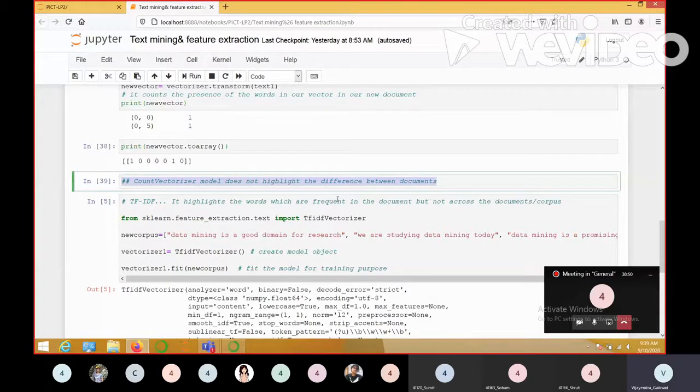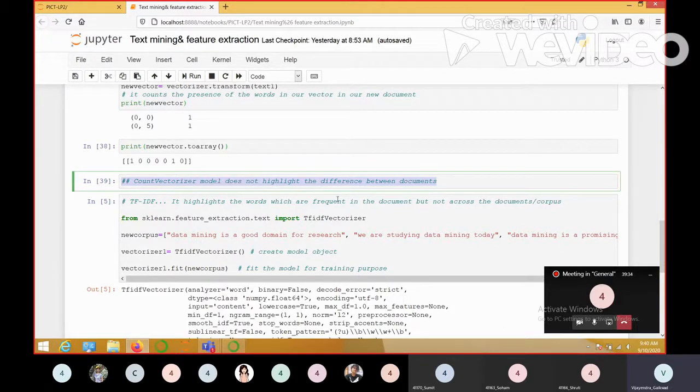Suppose I am owning a news app, like Daily Hunt, right? And Daily Hunt people are giving me all sorts of news notifications, may it be political, may it be related to the IT industry, may it be related to sports, may it be related to any other area of interest, right? So I am finding Daily Hunt boring. I don't want to use it. Getting my point? Because it is not differentiating between me and the other users. I want customized services always. So in that case, the count vectorizer model is of no use to Daily Hunt people.